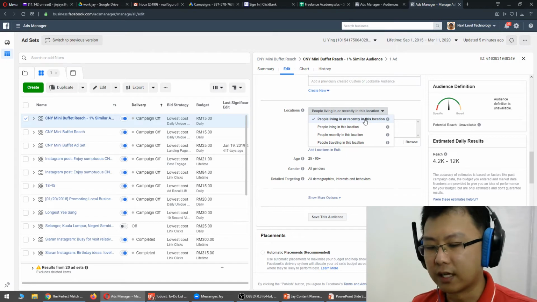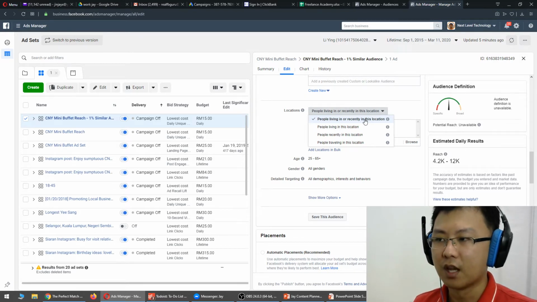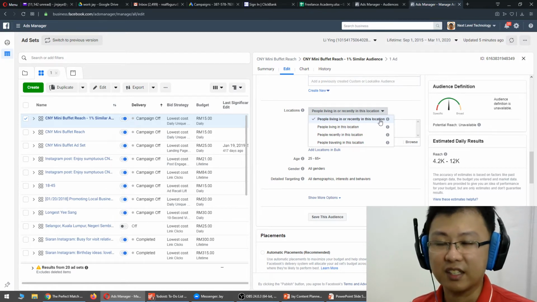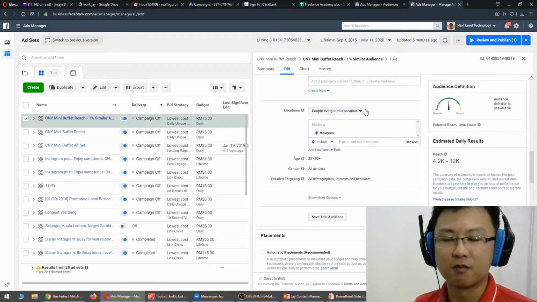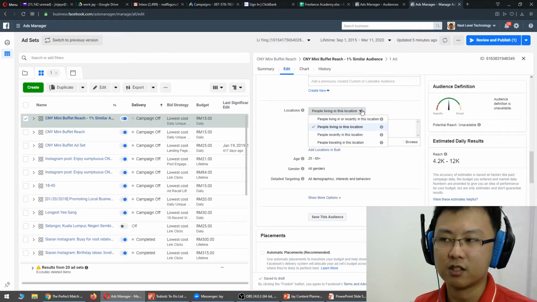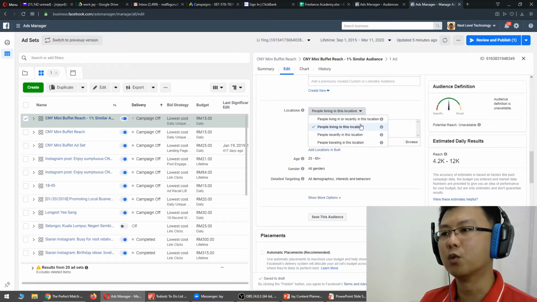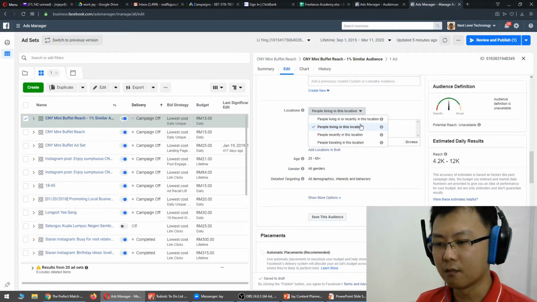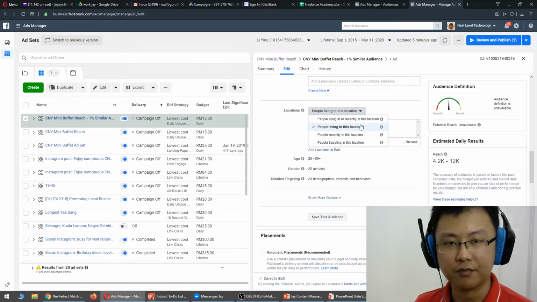So if you are advertising, let's say for this situation a food caterer, you might or might not want to target people who are recently in this location. You probably get better results because you're showing to a more targeted audience by choosing people living in this location. It's true for anybody who is running an ad campaign for any local service business.